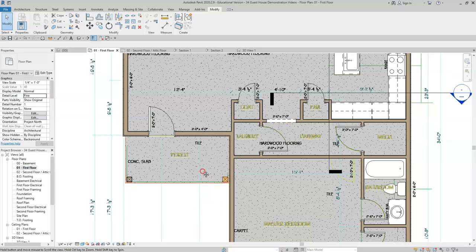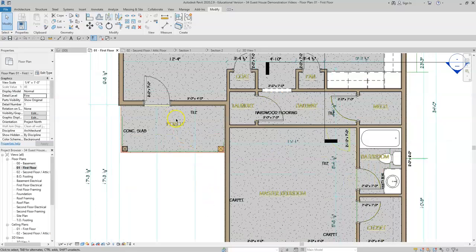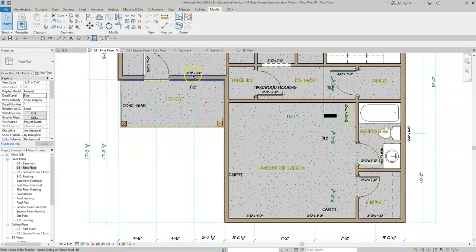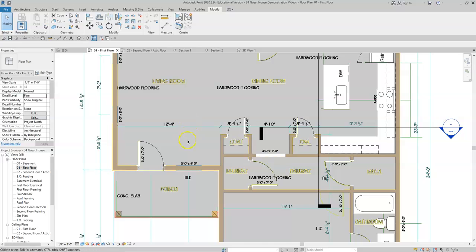So you'll see in this example, we have our door on the same wall as this window, and the spacing between the center of the two items is 4 feet 6 inches. So we will